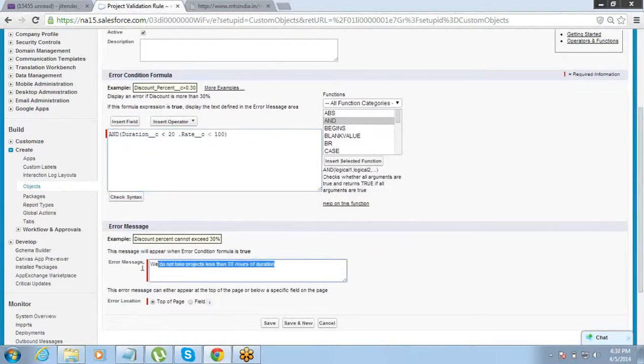And I make it a different error message this time. Rate for any project which is less than 20 hours duration cannot be less than 100.